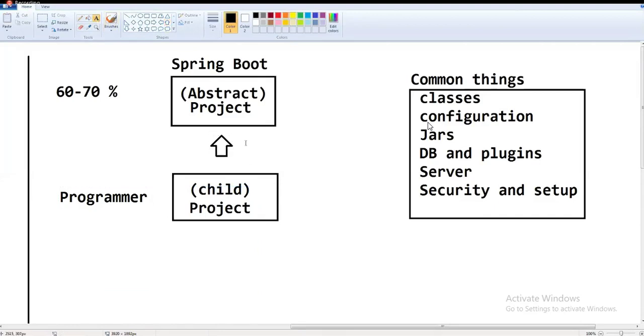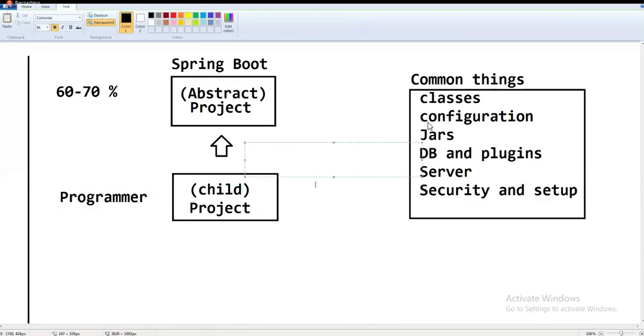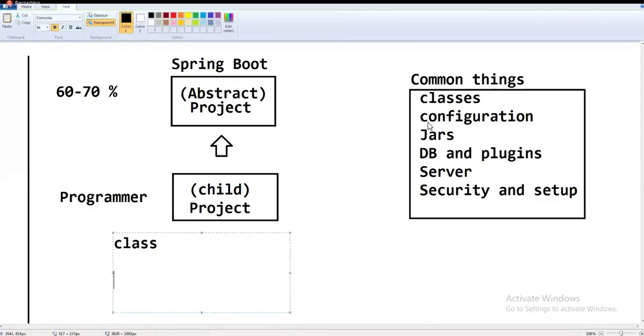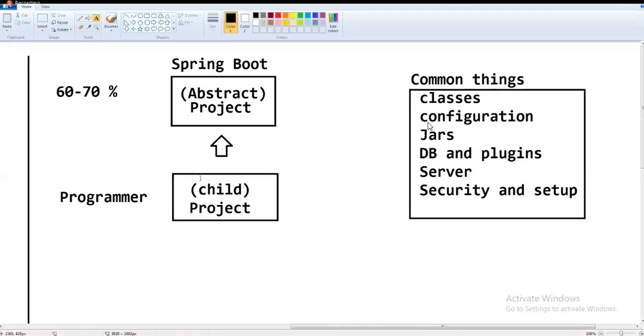Just like you use keywords like extends or implements for inheritance in core Java. For example, you have one class and you are creating another class, and the above class has some common methods that you want in the below class. In a similar way, we extend our project, so the abstract project is used by the child project, and the 60 to 70% common things are reduced.